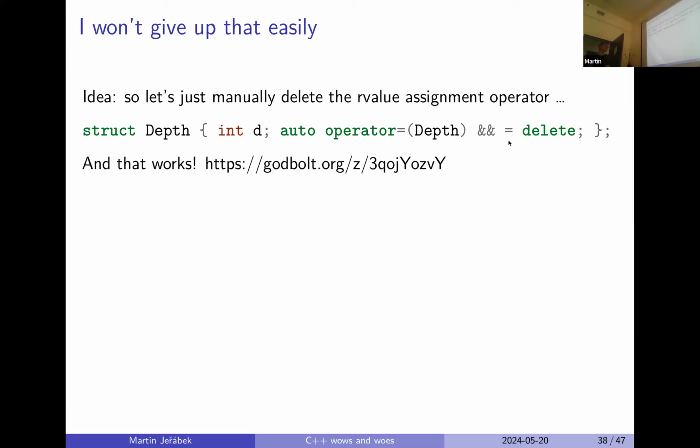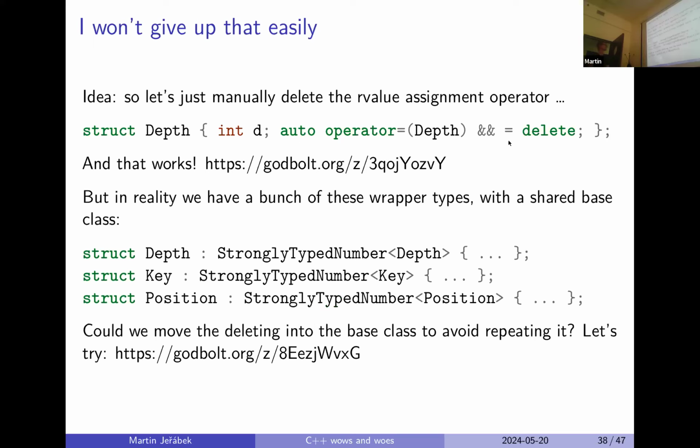But we have a bunch of these record types, depth, key, position, which all derive from a common base. And I don't want to repeat that deleting in every one of them, because when I forget that, I can use it wrong and there are problems. So I can just shove this into the base class and it should work, right? Yeah, well,